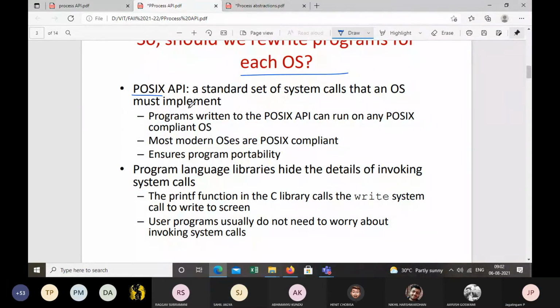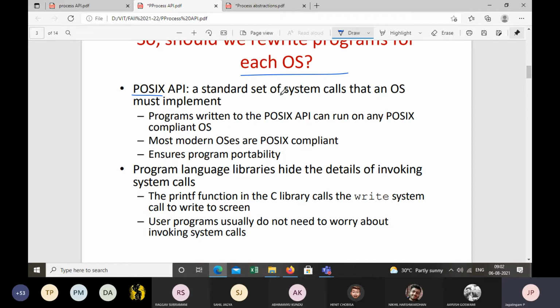So this API, the POSIX API, is a common system call interface that major operating systems agreed on. All the major operating systems implement the same set of system calls. That standard set is known as the POSIX API.